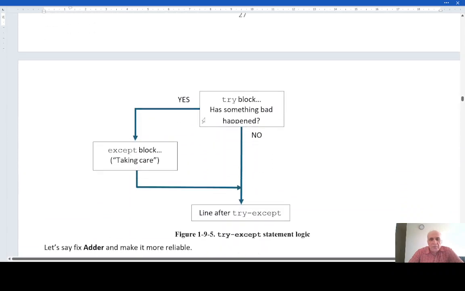Let me show you how it's working, the try except statement. So if something happened during the try block, you execute everything after except. If nothing happened in the try block, you proceed straight to the line after try except. So you see it's kind of similar to an if statement, but of course maybe an if statement is simpler because you have here just a condition,